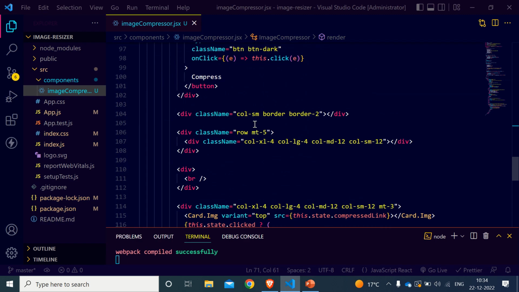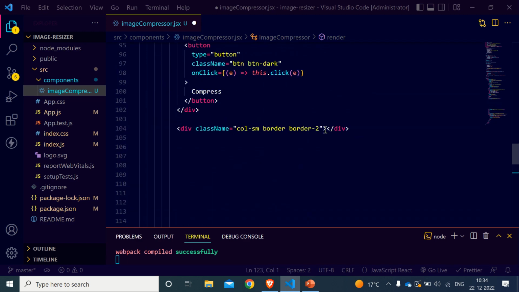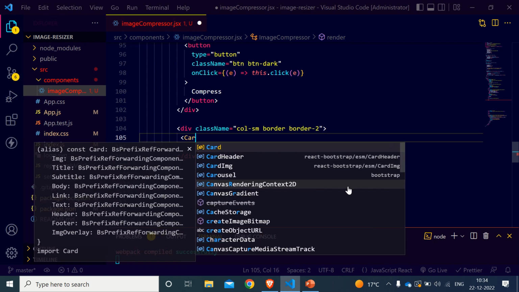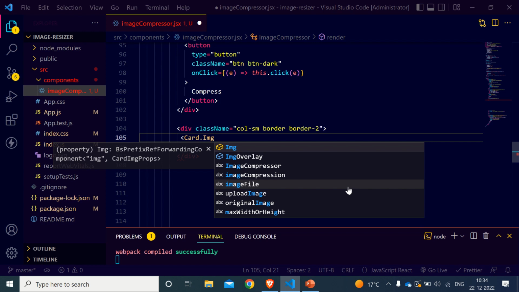So this, let me clear this space so that we can clearly define. Okay, so we have created the third column. In the third column, we'll put the card image, right? That will be our compressed image preview. So I will write card dot img, and this is the tag for card image, and